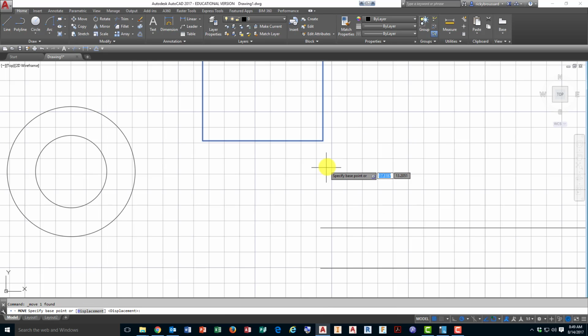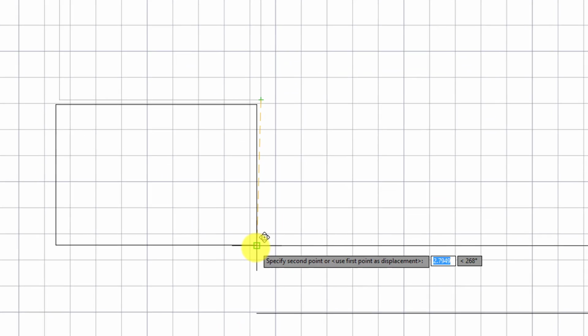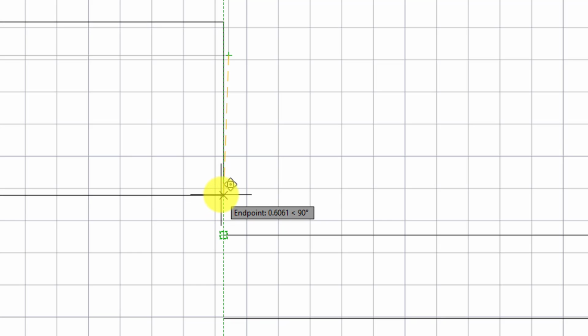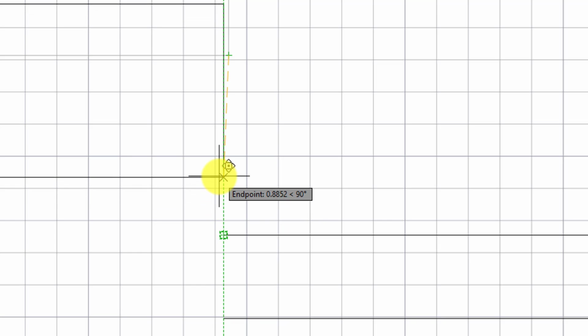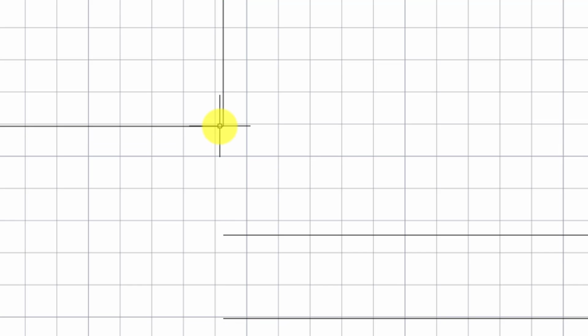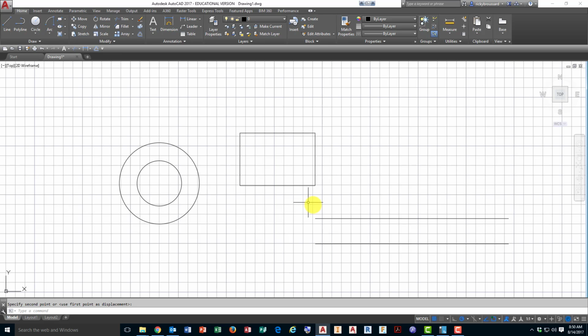Now you have to be careful when you're trying, like say I wanted to line this up with this, I would have to pick this in, and then I'm going to go down here and touch this, and then if I drag it up, see that dotted green line? That's an extension line. So as long as I kind of stay on that, I can move it so that this line lines up with the end of this line. So that's another easy way to move it.